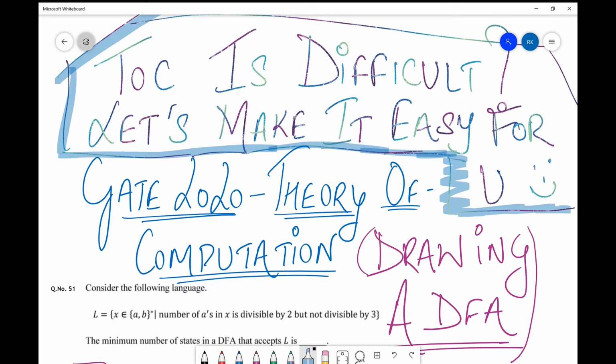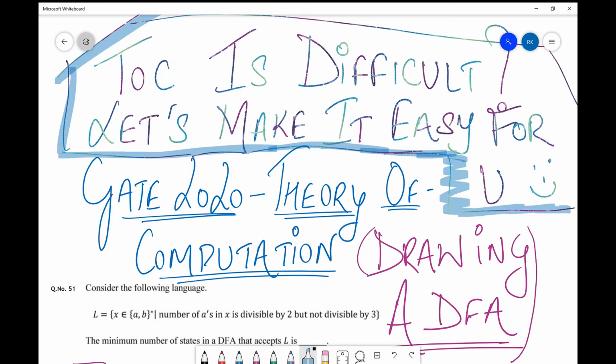So the question says, this is question number 51 from this GATE 2020 question set paper. I got it from IIT Delhi's website. You can also look it up from there. So it says, consider the following language. X belongs to a combination of A's and B's, where the number of A's in X is divisible by 2 but